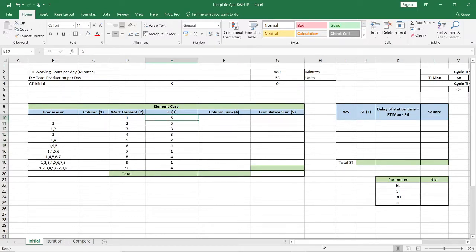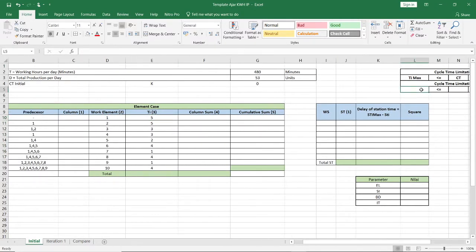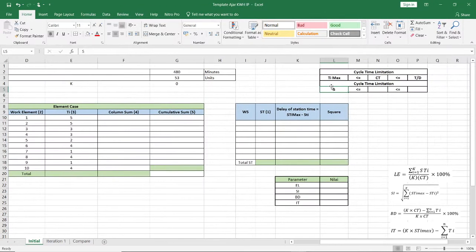The answer is 5. So please write 5 in this column like this. So the TI max is 5. Then T divided by D is equal to 480 minutes divided by 53 units.